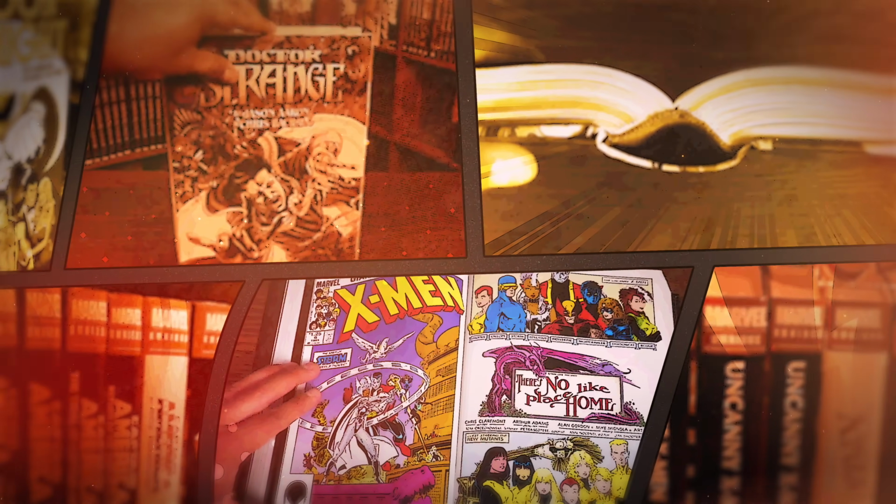Near Mint Condition, the home of collected editions. That cover's so awesome. This is Mr. Chris Claremont, a legend. Melanie goes,